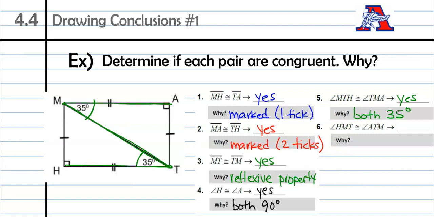And then the last one here is angle HMT. HMT, so this angle here, I'm going to put 2 marks on it. Is that one congruent to angle ATM? A to T to M. So this one here. So the question is, are those guys congruent to one another? My answer for you is yes. Yes, they are congruent to one another, and that is because of the third angle theorem. Okay, so because angle H and angle A were congruent, and because these 35-degree angles were congruent, therefore those remaining angles had to be congruent. So I'm just going to write third angle